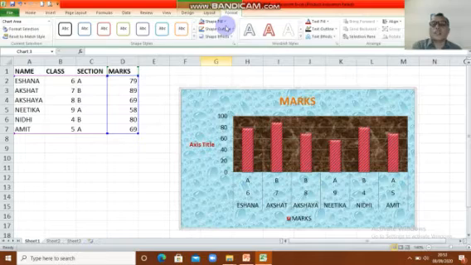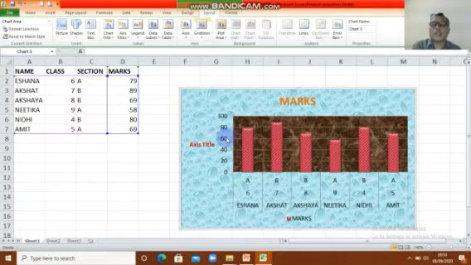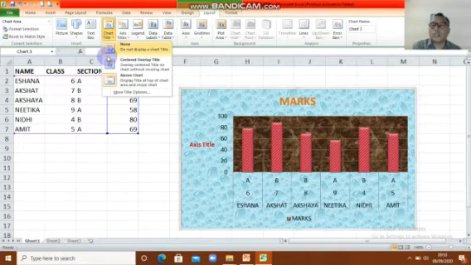Okay, format, and now layout. Okay, look at layout. Here there are so many options, kid. Chart title: for example, you want to make the chart title center overlay. You can see the difference when I click this.